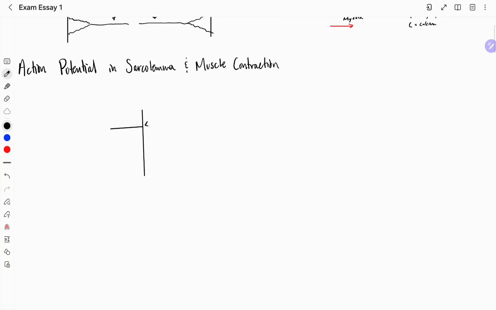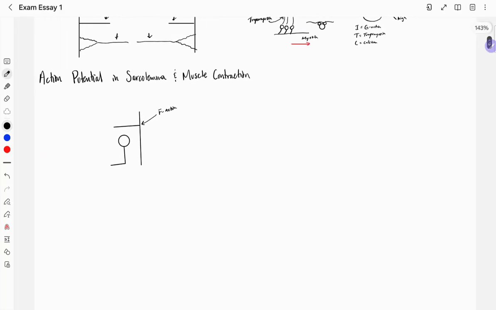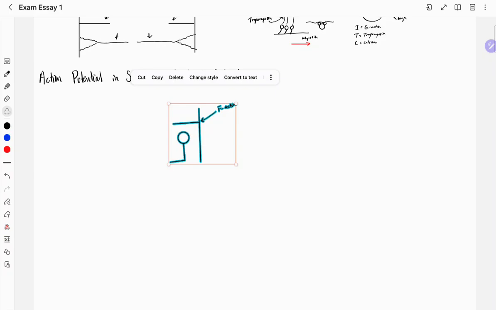So this line here is going to represent our F-actin, and this is going to be a single myosin head, and this kind of works in a little bit of a cycle. Now, this is going to be specifically skeletal muscle contractions,